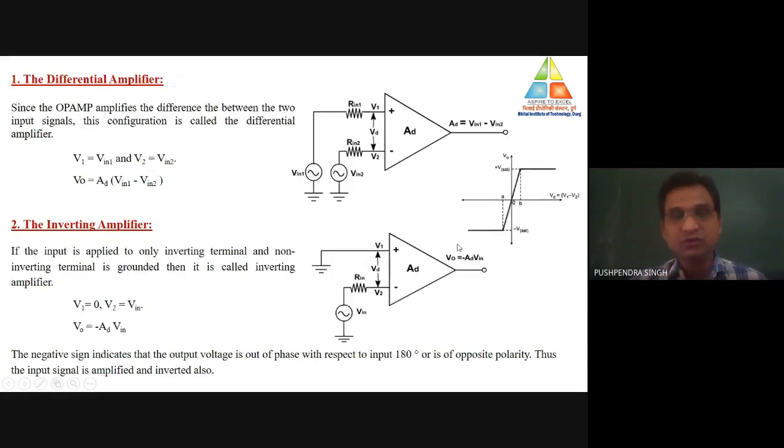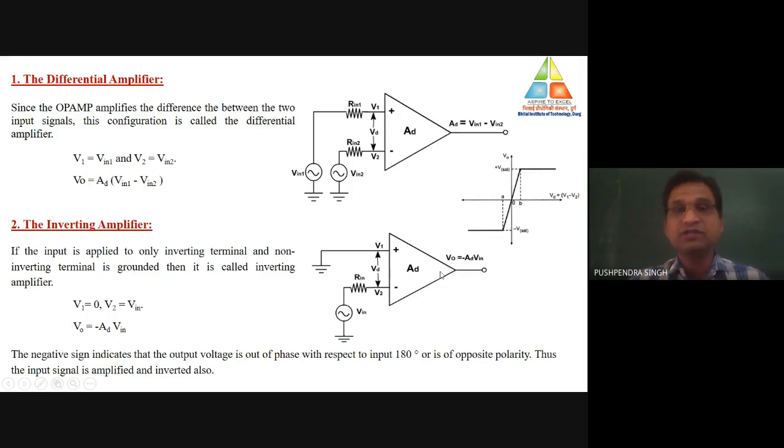So what's the conclusion from here? We need to reduce the value of gain. Then how can we reduce the value of gain? We can reduce the value of gain by giving the negative feedback into the circuit. That's why a different concept came into existence, called the feedback concept. So here our main fundamental is to reduce the value of gain. That's why we are using the negative feedback.